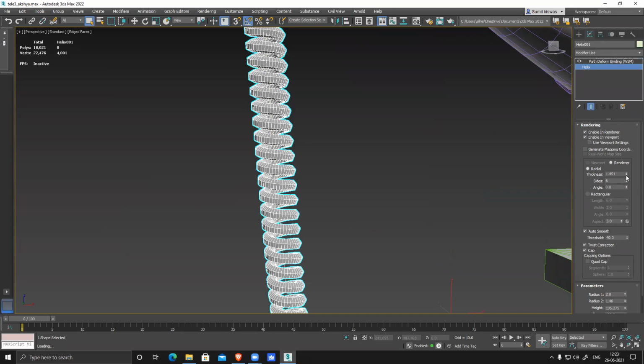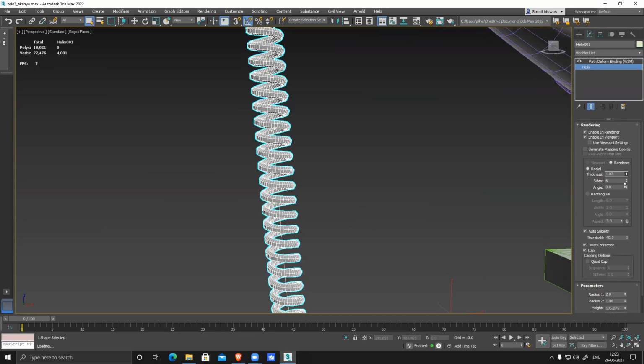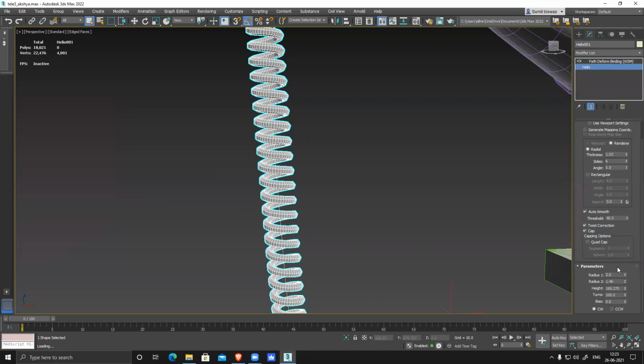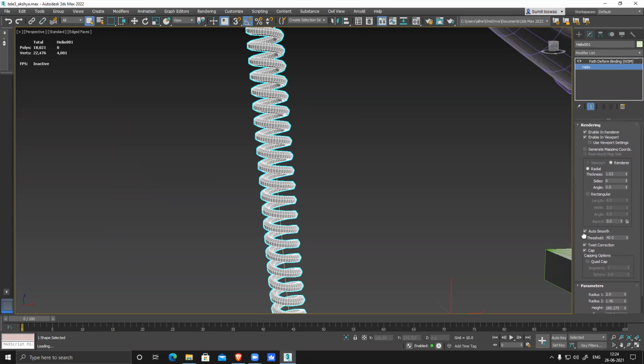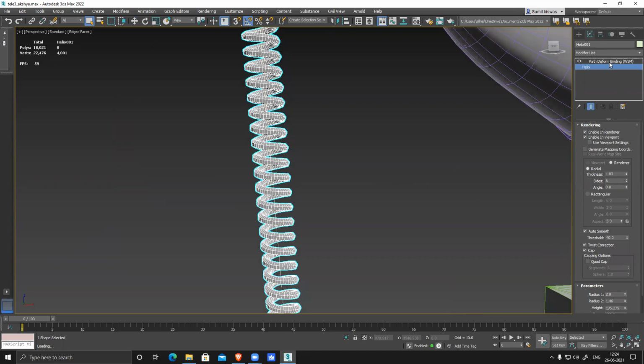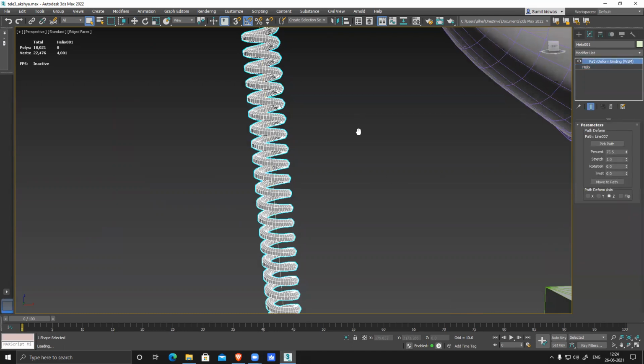And thickness is a little thinner. Threshold, let's see. Threshold is fine. This has nothing to do with this thing. Now parameter, let's see. Turns 100, radius and height, all these things are also fine. The path deformer you have applied, that's fine.